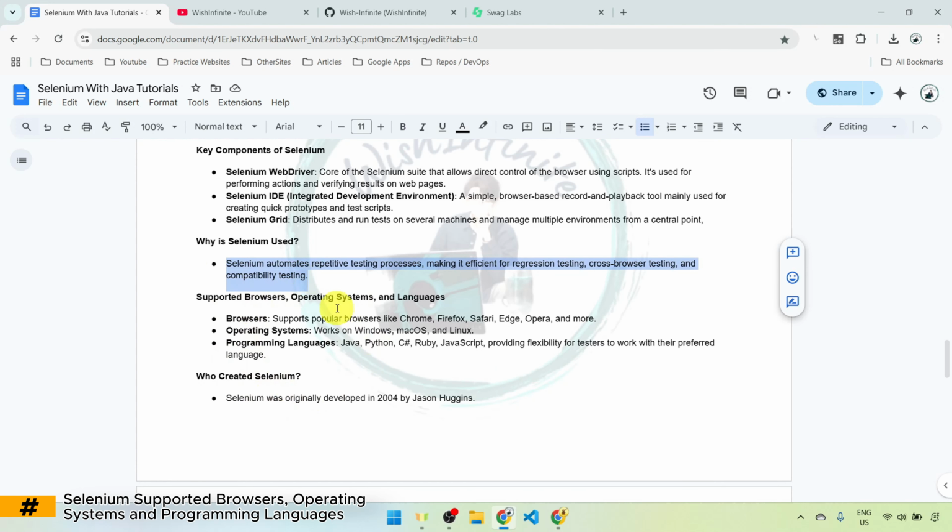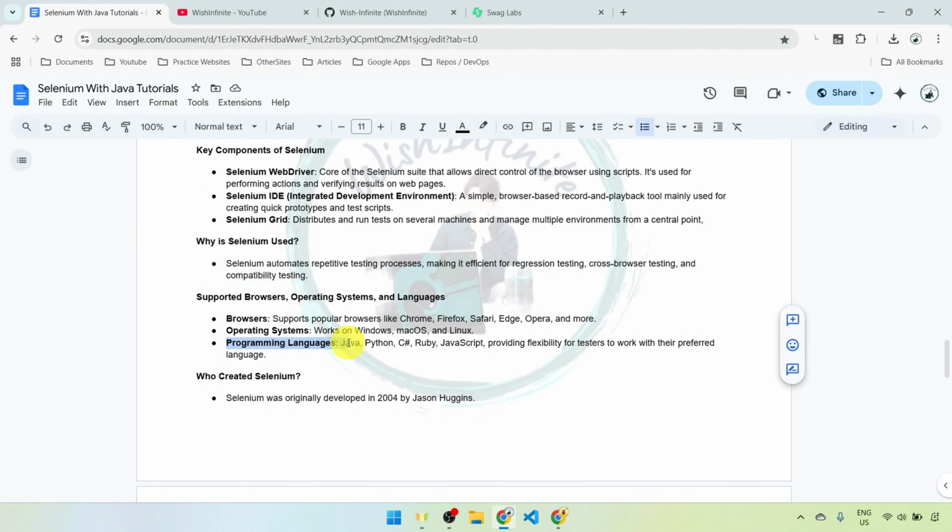Now let's talk about supported browsers, operating systems, and languages. First, Selenium supports different browsers like Chrome, Firefox, Safari, Edge, Opera, and more. Coming to operating systems, it works on different operating systems like Windows, macOS, and Linux. Selenium also supports different programming languages like Java, Python, C#, Ruby, JavaScript, providing flexibility for testers to work with their